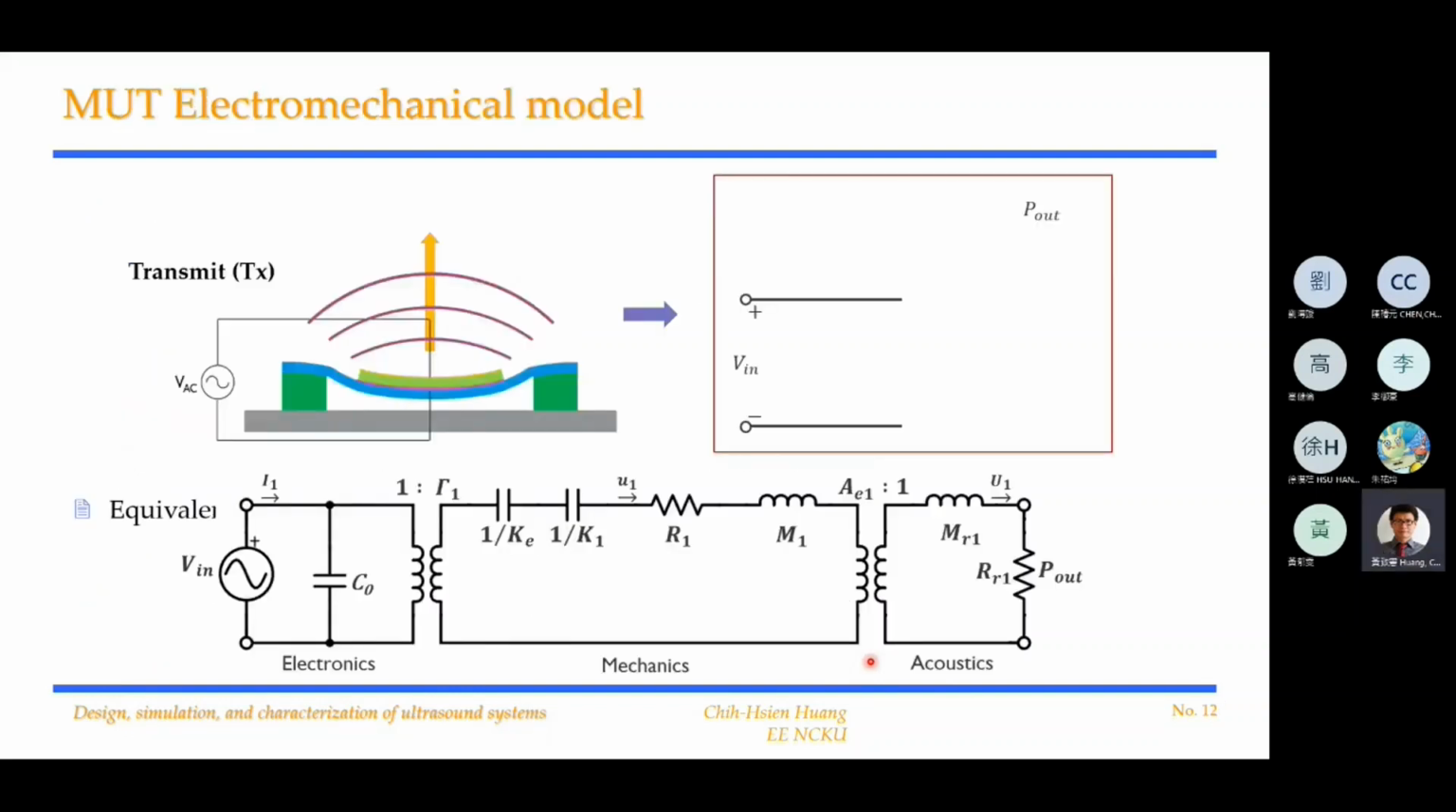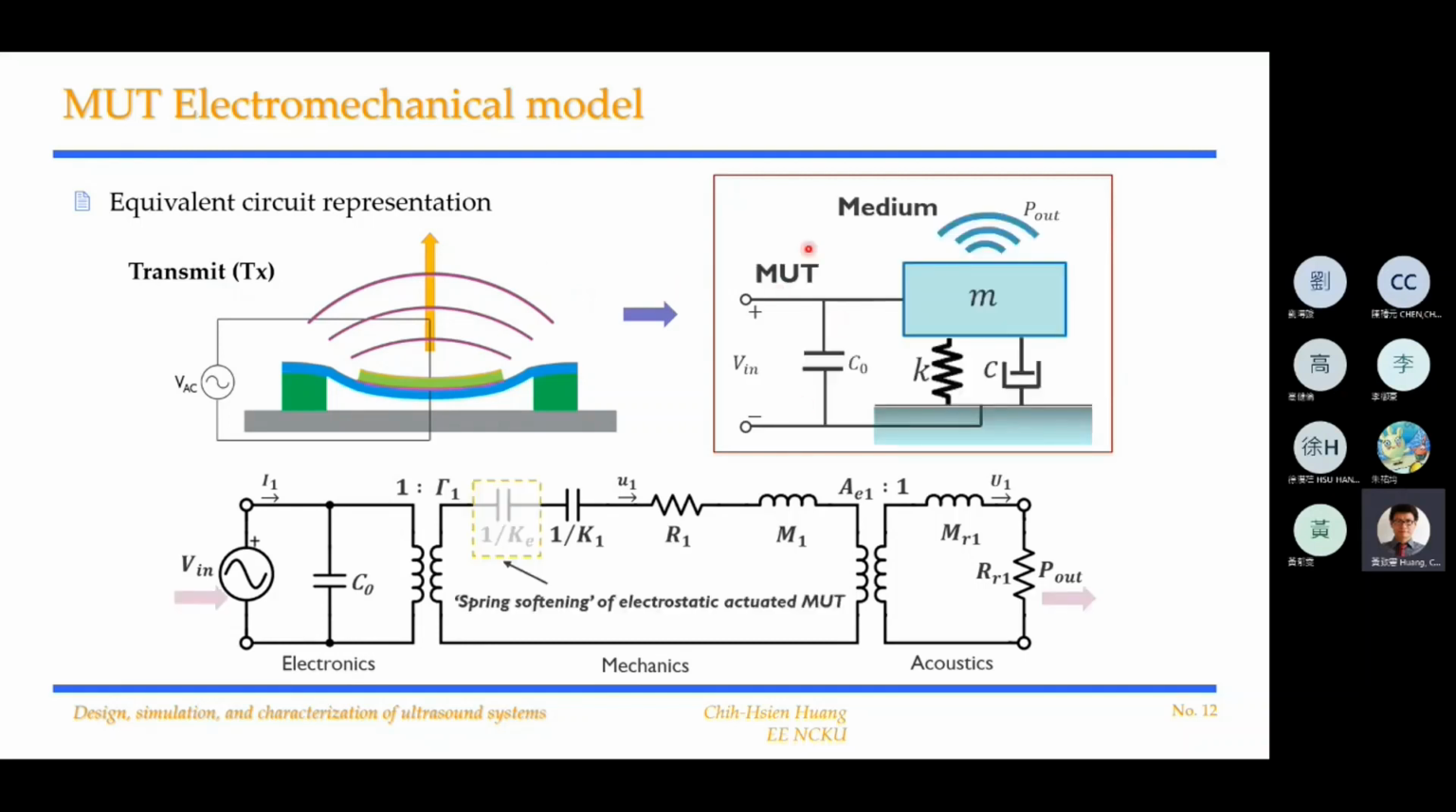So here I'll just show you how the equivalent circuit model works. Here we have the structure, and we assume it's transmitting. It works in the theta mode. So we apply voltage and the PMUT will vibrate and generate acoustic waves, right? And as we described, we have voltage, which is the electronic part. So for the electronic part, we can have voltage inside, and we usually use